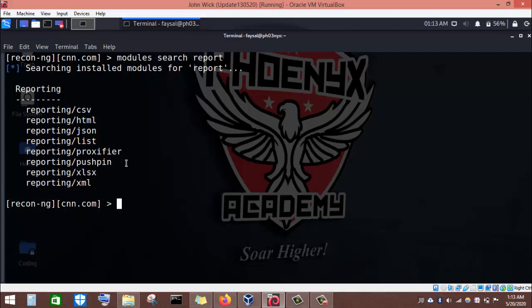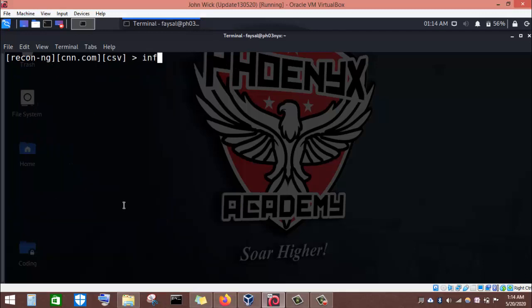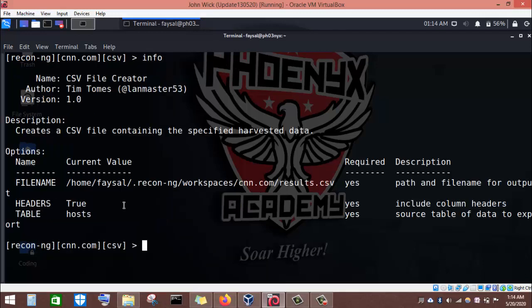All right, so to load this module, as usual, we can load the module using the command modules load reporting/CSV. Okay, let's go with the CSV first. Okay, so I can clear the terminal, entering the command shell clear. Now I run the info command to find information about this module and how to set the various options